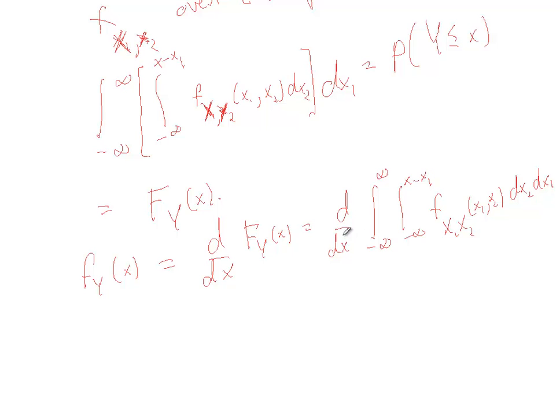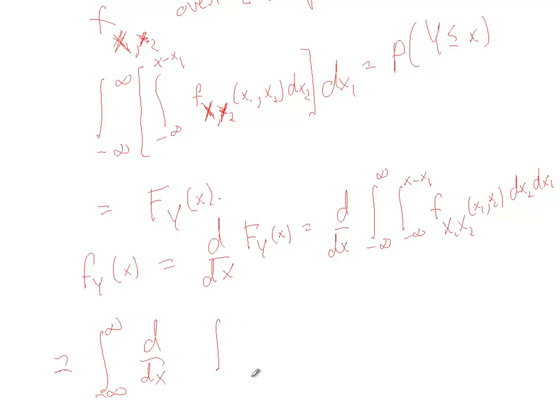Now, this integrand does not depend on little x. Only the upper limit of the integral depends on x. So let me write this as the integral from minus infinity to infinity. I think I know why this is slanted, because my board is slanted. I can bring the d/dx inside,